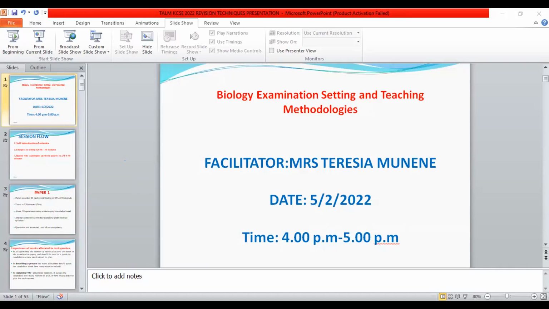Therefore, to make these areas more interesting and easy to understand, it is important that we teachers make some effort to organize practical activities, and these activities can be organized in such a way that they are learner-centered. And once our learners are involved in the activities, there will be maximum concentration, leading to maximum retention, and therefore our learners will not have any problem.